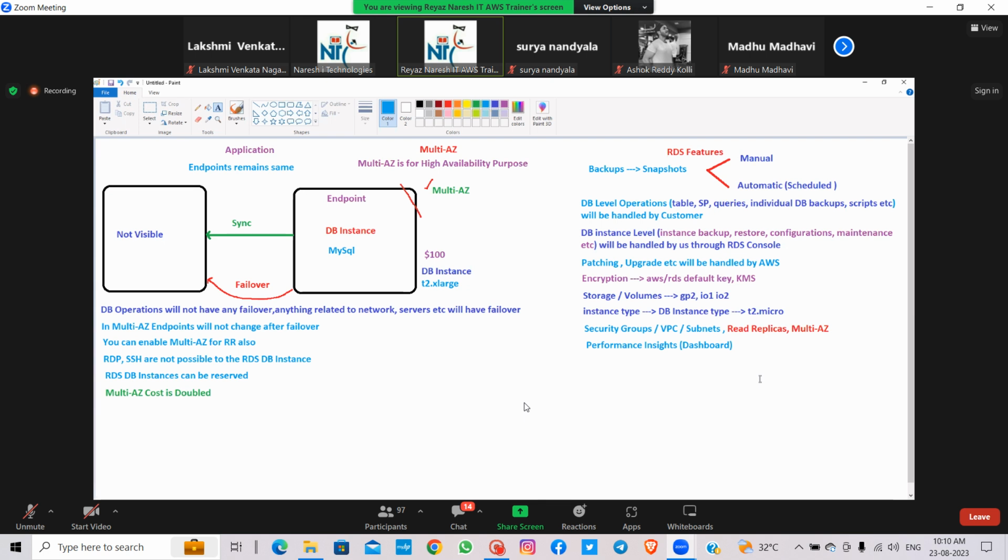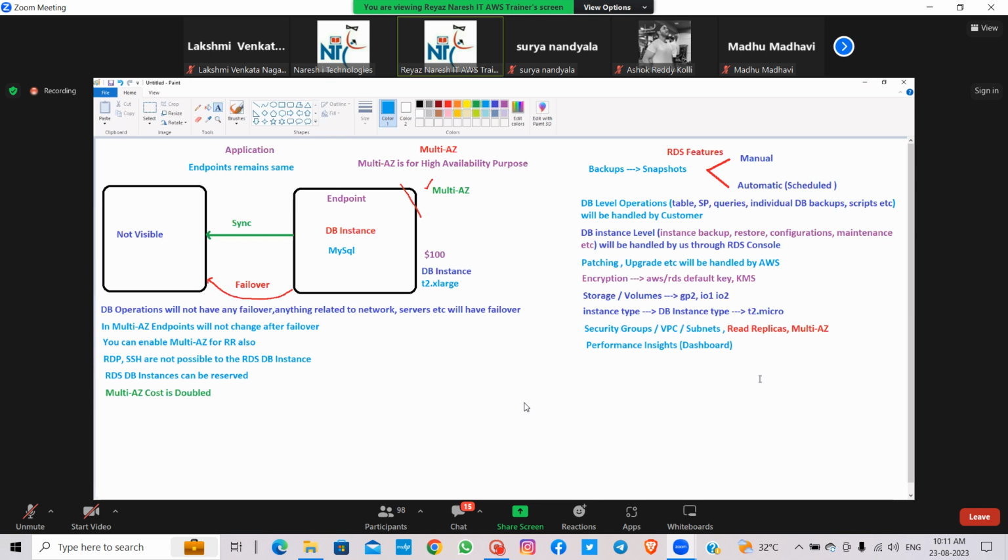All this entire monitoring can be done using Performance Insights. It's like a dashboard. You getting it? Any questions still here? Online? Okay. Is it clear?